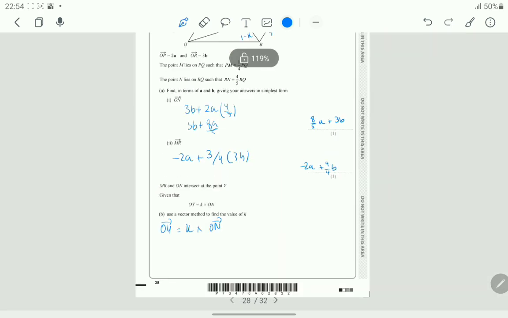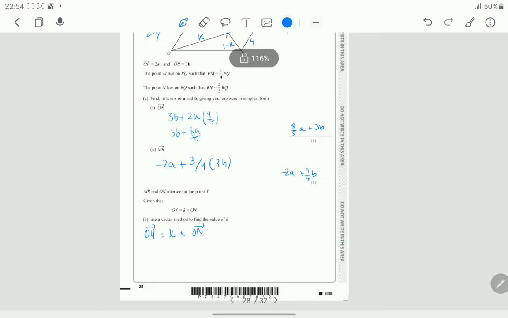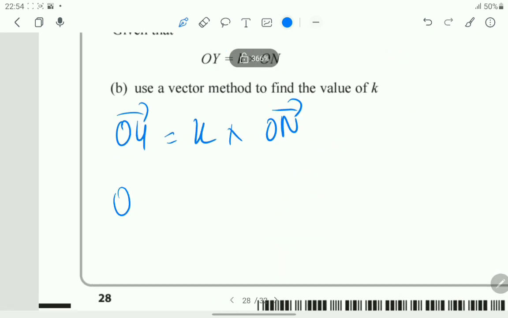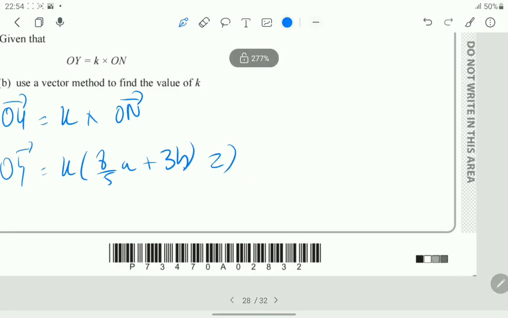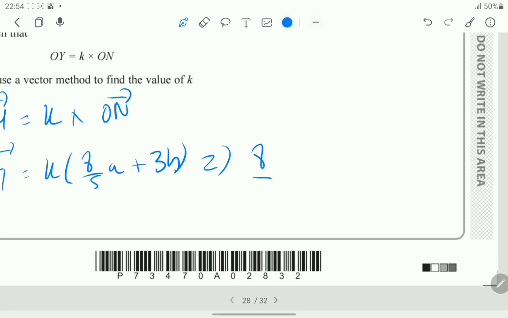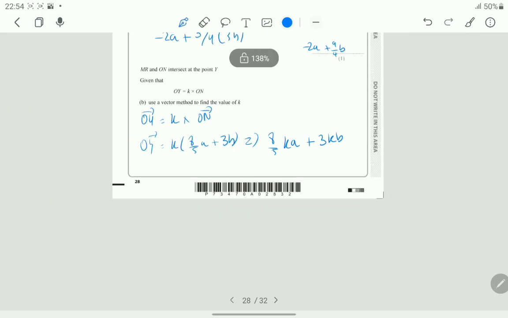We know ON is 8/5 a plus 3b, so OY would be equal to K times (8/5 a plus 3b), which will be equal to 8/5 Ka plus 3Kb,